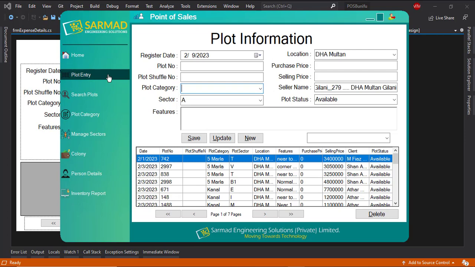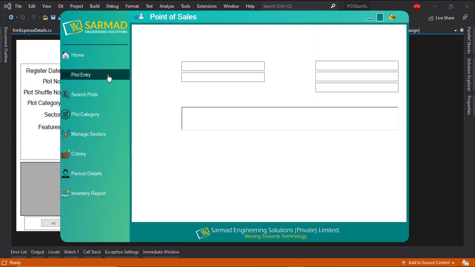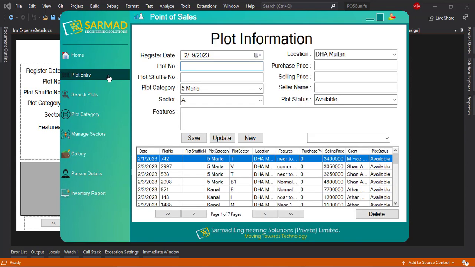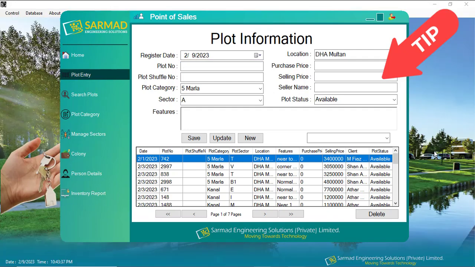Let's see. I just reload the page. 1, 2, 3 and 4. Reloaded. Okay? In a very short time the page reloaded, right? Due to a very small trick, I just replaced the combo box with the text box and then applied the autocomplete